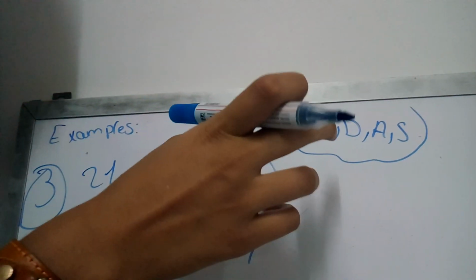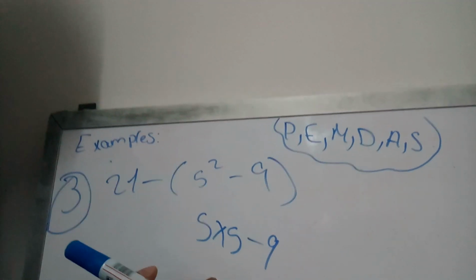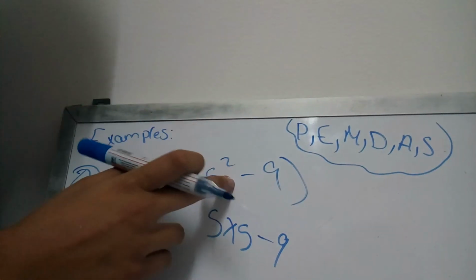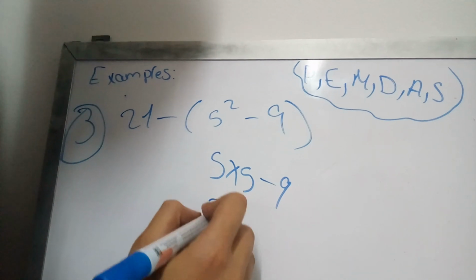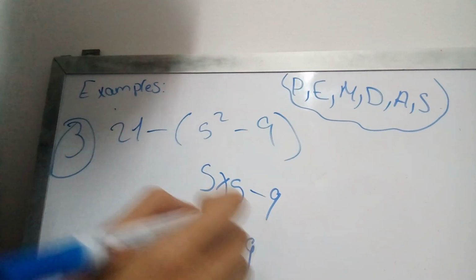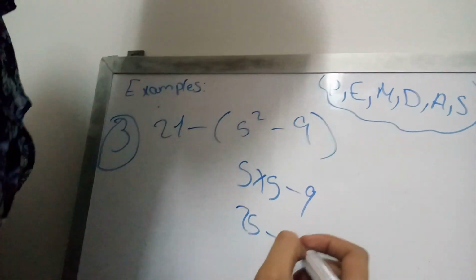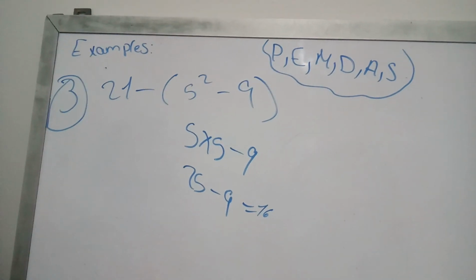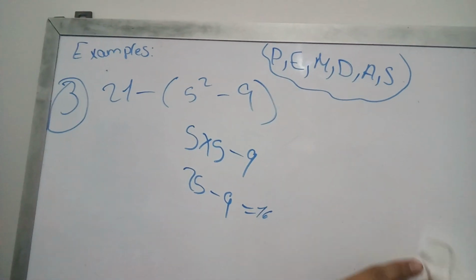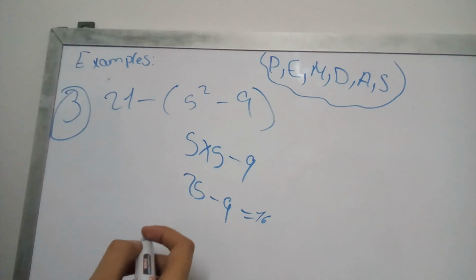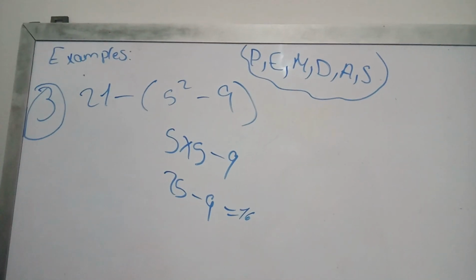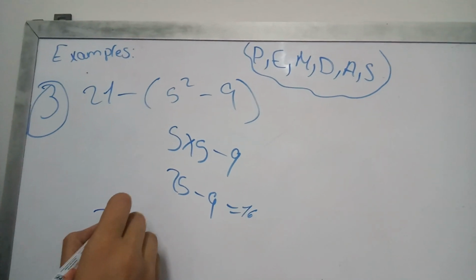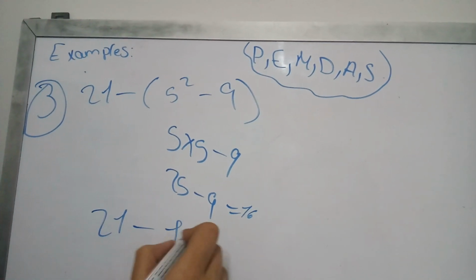Again, the order of operations. What will we do first? We'll do the multiplication, which is the exponent. Okay, 5 times 5 is 25 minus 9. It will be 16. Okay? So I won't erase it in order for you if you want to copy things. Okay, it will be 21 minus 16,